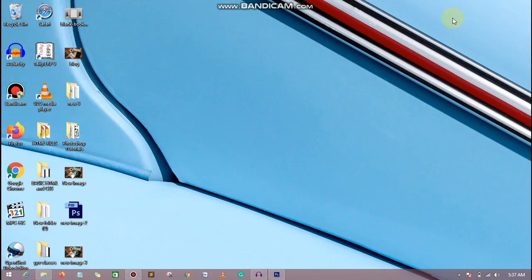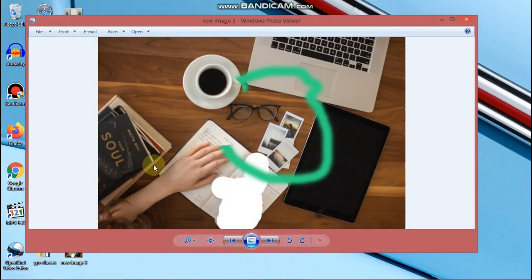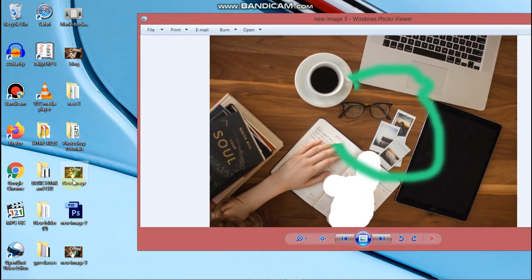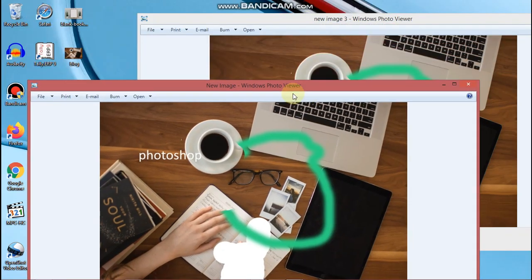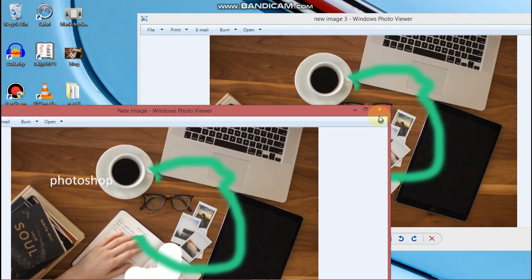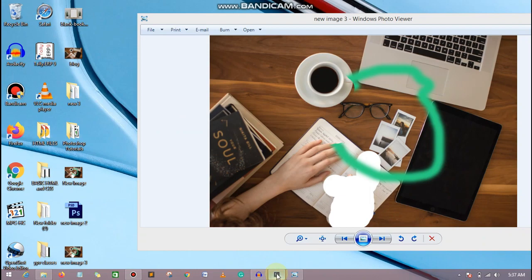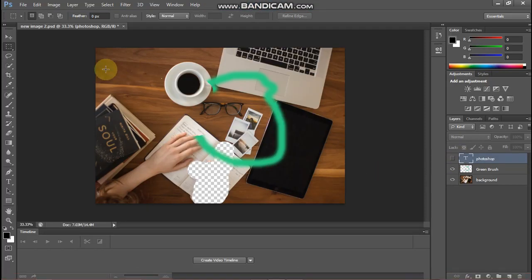So now you can see this new image 3 is saved in the JPEG format and there is no Photoshop text written over here. But in the earlier image you can see there is a Photoshop text written. I have made that layer hidden, and the Photoshop text disappears and you can save it.